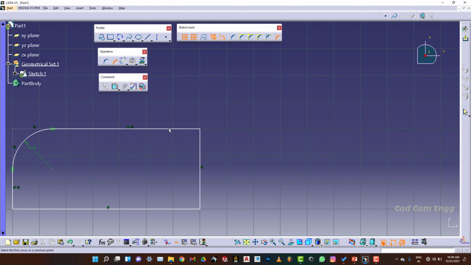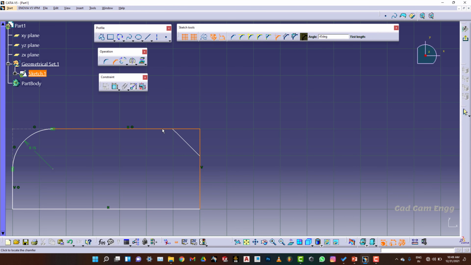In this chamfer we have to select first and second line. Then after selecting first and second line, another three options also will come. Okay, these options are for multiple uses. If you want to give hypotenuse and angle, means your drawing has only hypotenuse and angle, at this time you have to use this only.